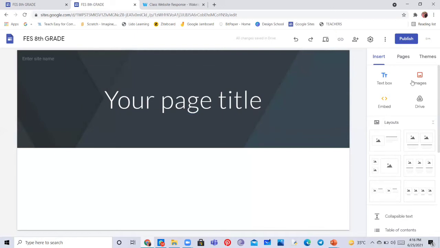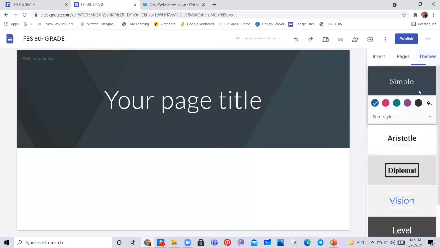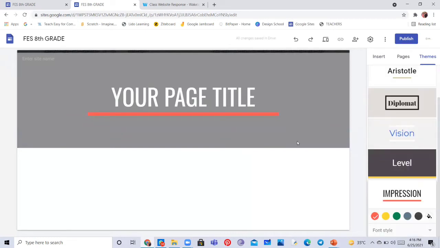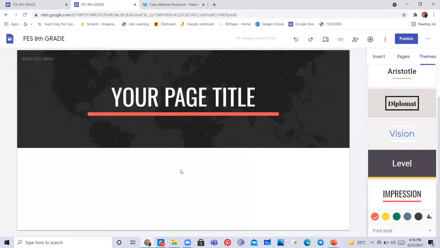Now you can go on themes and choose your favorite theme or any kind of theme. So a few themes are given here. I'm going to choose Impression. For Impression, it's going to load and this kind of screen will come. So you can choose any kind of color theme from these colors available, or you can pick a color from the bucket too.